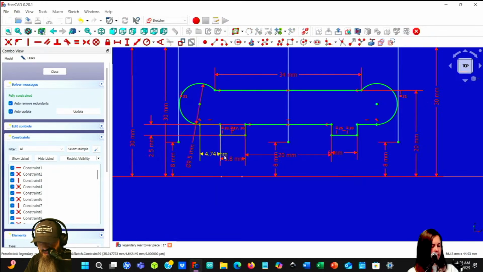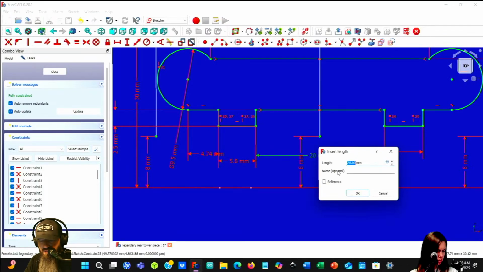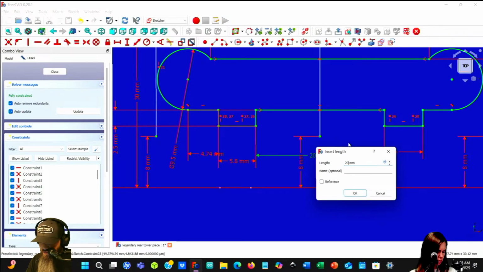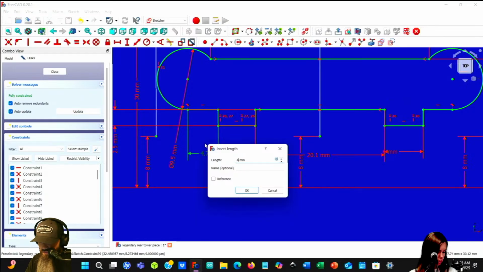See how that messes up our model. Then we need to add to this one or to the other one. Let's see, 20.1 to that one. And then this one, 4.79.